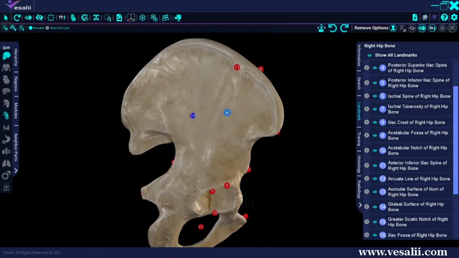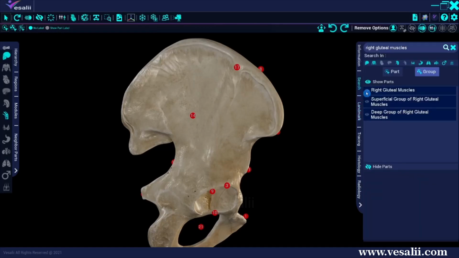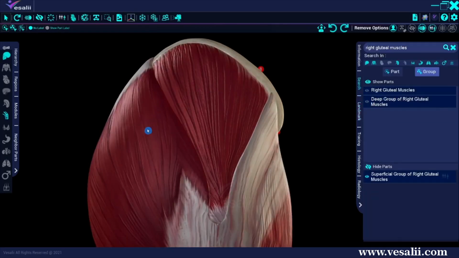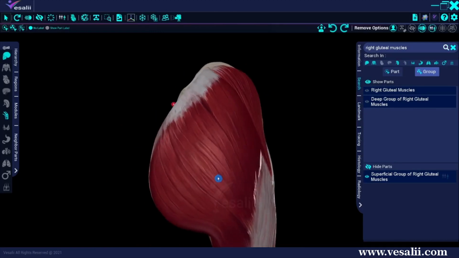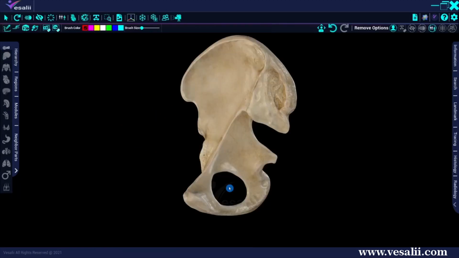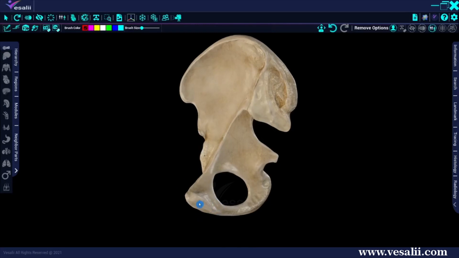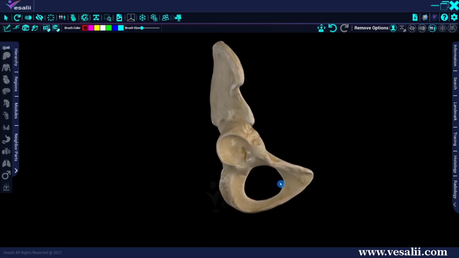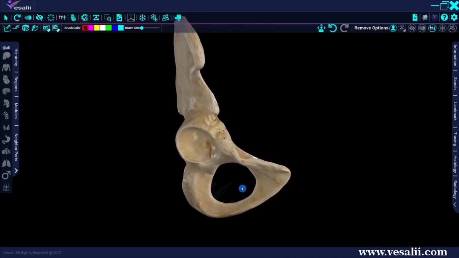The gluteal surface of the ilium provides an attachment site for the gluteal muscles. Moving on to the pubis. The pubis is the ventral part of the hip bone and it consists of 3 parts: